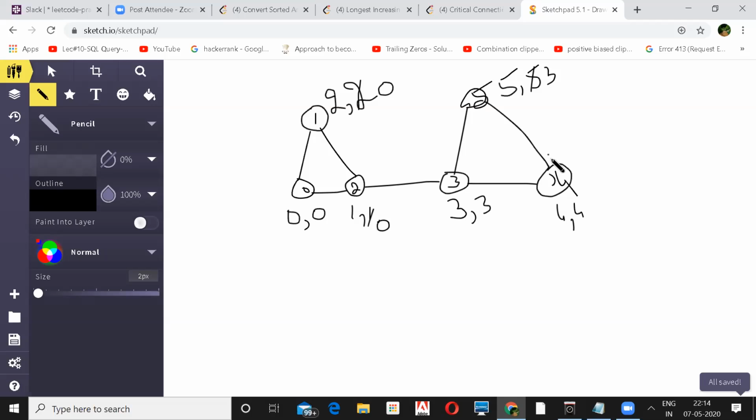Now you'll backtrack from here. Again, you'll see which is the minimum. The minimum will be 3 here. Since we got the call from here, we'll again backtrack. When you backtrack, you'll find that it's 3, both are equal, so you don't need to do anything. Now you'll backtrack from 3 to 2, but here you'll find a difference in the values. Whenever there is a difference in this timing, that clearly shows that it will never be part of a cycle.